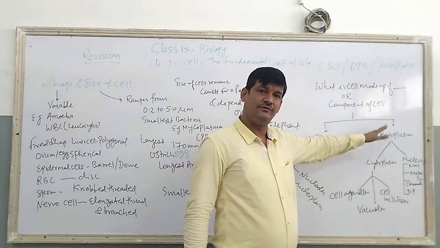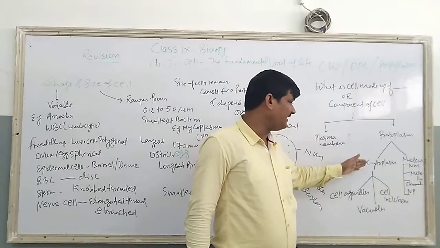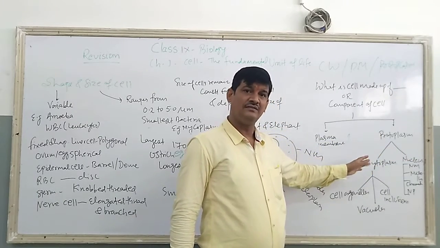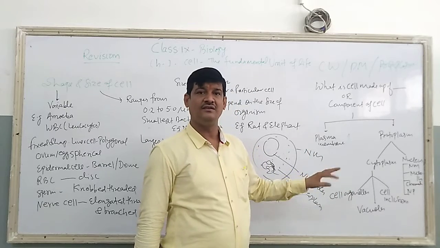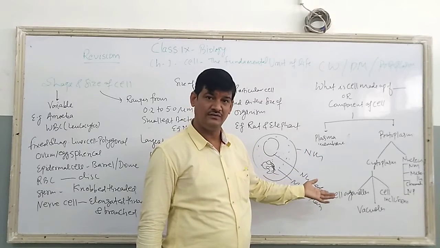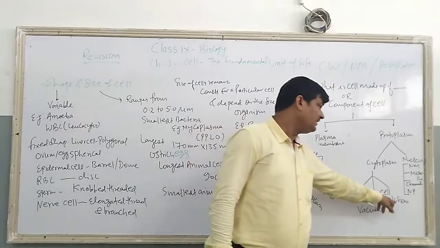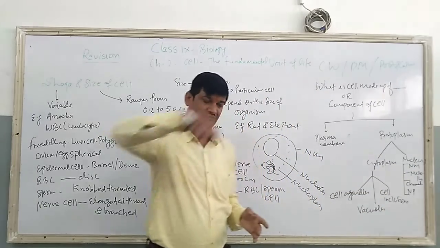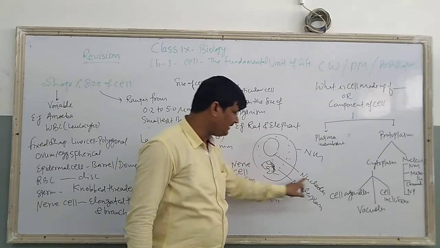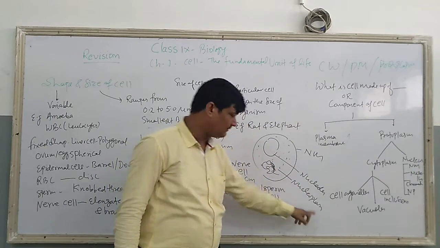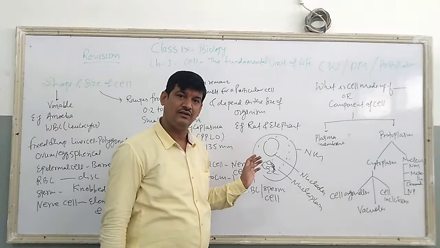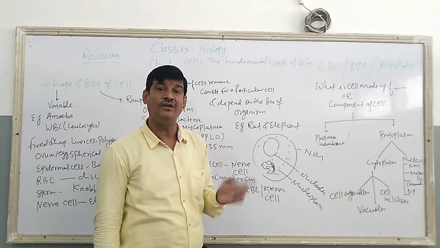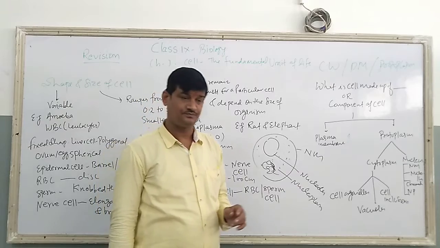Protoplasm is a viscous, jelly-like structure and it has two components, the cytoplasm and the nucleus. Cytoplasm has the cell organelles, vacuoles and cell inclusions. The nucleus has four structural parts: the nuclear membrane, nucleolus, nucleoplasm, and a thread-like structure that we call the chromatin fiber, and chromatin fiber later changes to the chromosome when the cell starts to divide.